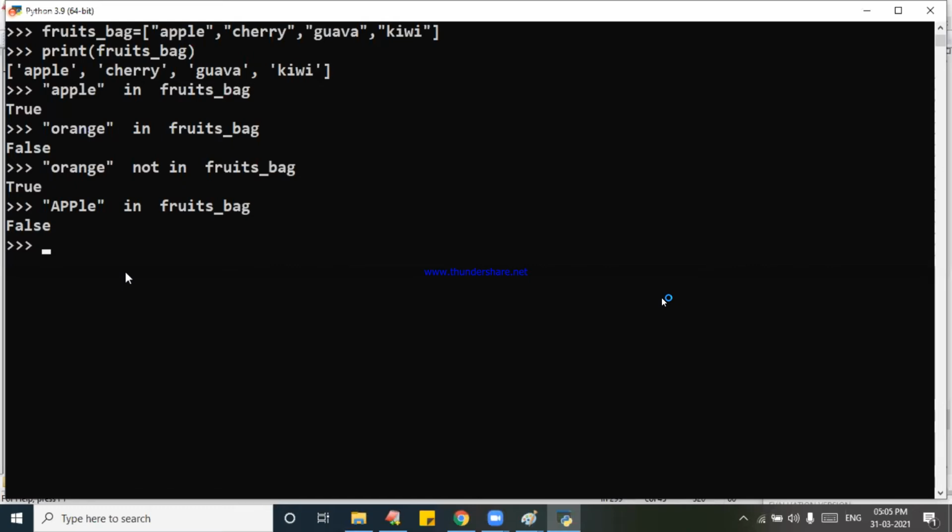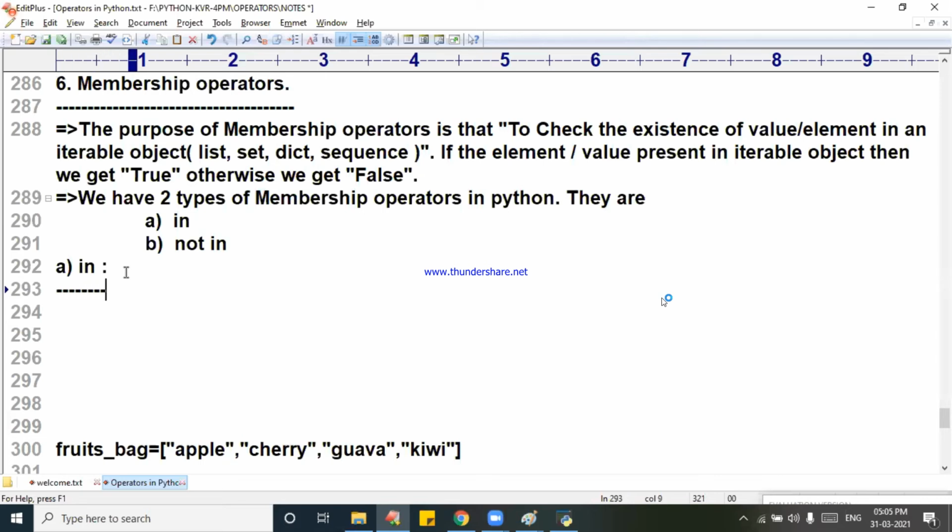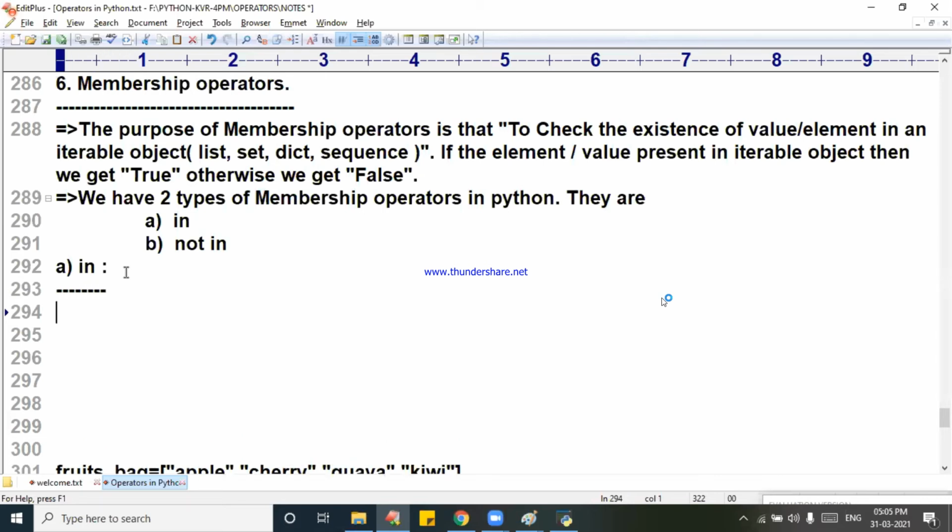Right. So now I am writing. What is an operator? In, I am going to talk about it. The syntax: yes, I will explain that, don't worry.